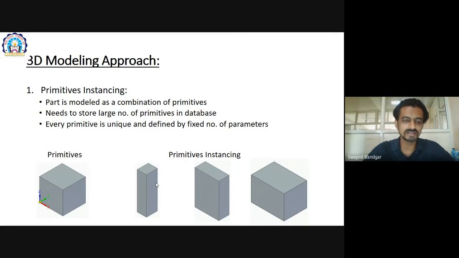If I change its three dimensions in different ways, meaning L1 is not equal to L2 and L2 is not equal to L3, so height, width, and length are different, then I will get different instances. So what is instancing? Instancing is modeling with the help of primitives by changing their parameters. If I change one of the parameters, I get a primitive instance.